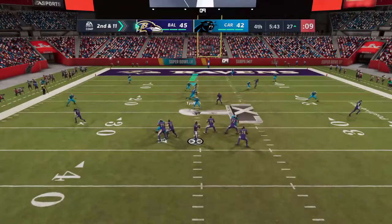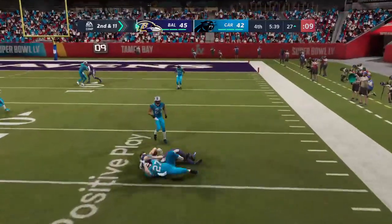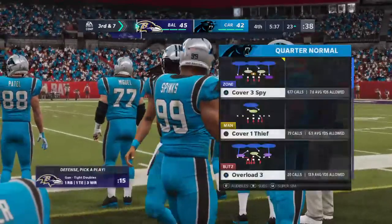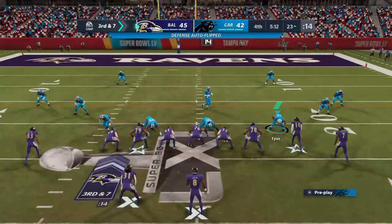They got the completion, but he was smothered behind the line of scrimmage. And when you make tackles like that, your whole defense is going to be fired up. Really nice play getting to the ball. 4 yards on the completion, and it sets up a 3rd down. Makes it 3rd and